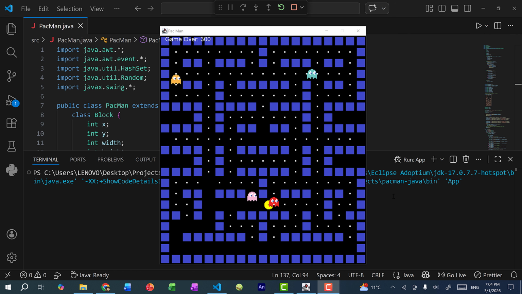In this video, I'm going to show you how to convert a Java project into a jar file. So for this tutorial, I'll show you how to do so using my Pac-Man project written in Java Swing. And the steps are the same whether you have a JavaFX project or a Java Swing project. And if you want to learn how to create this Pac-Man project in Java, I do have a video tutorial on my channel and I'll link it in the video description below. So here you can see I have my Pac-Man game and we're going to convert this project into a jar